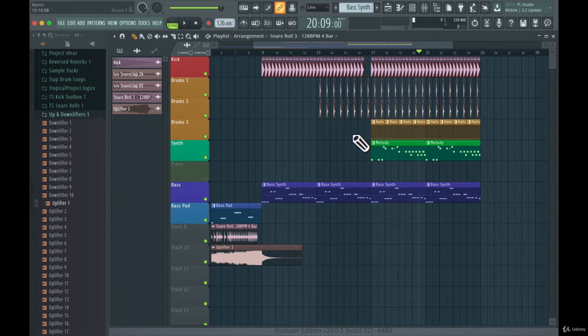And there are some talks within forums and Reddit that FL Studio lacks in quality for some reason if you compare it to other digital audio workstations. And I heard a lot that Logic has the best sound quality or something like that. And I would disagree on this because there are a lot of different producers that use FL Studio.